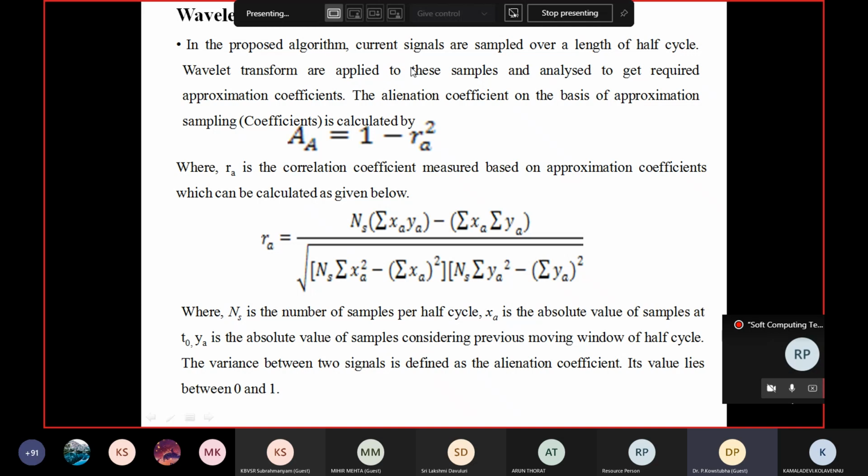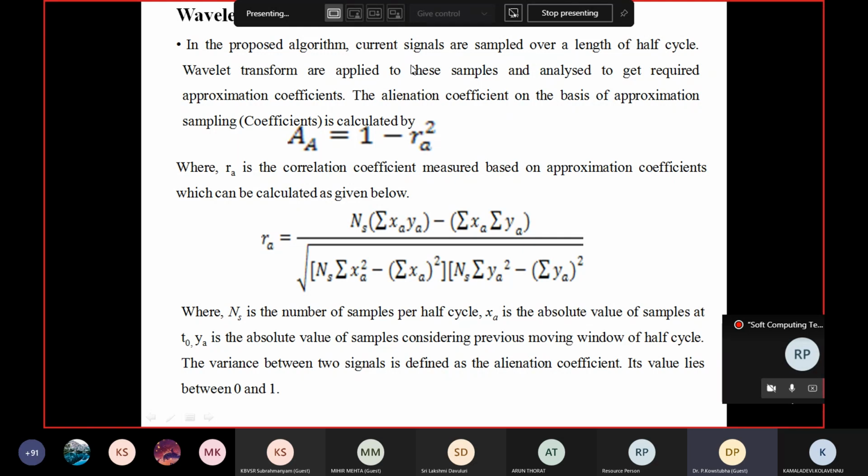After that, some of the current signals are positive and some are negative values. But take the absolute values, so all are positive values only. The absolute values of approximation coefficients over a current window of a half cycle length are compared with those of a previous window. That means the current window has all positive values only. Every half cycle consists of 8 signals only, and the current window is compared with the previous window to